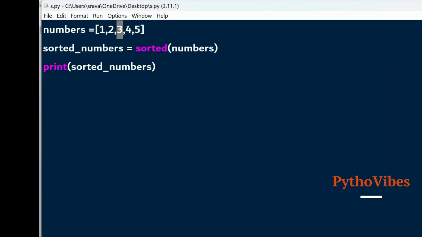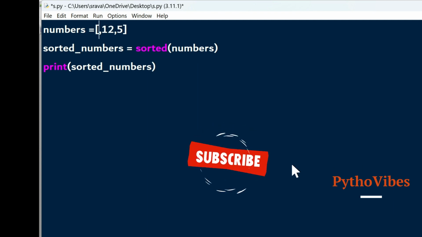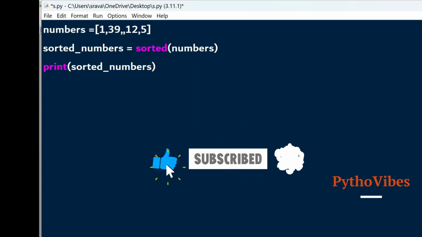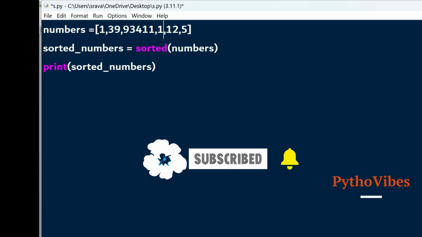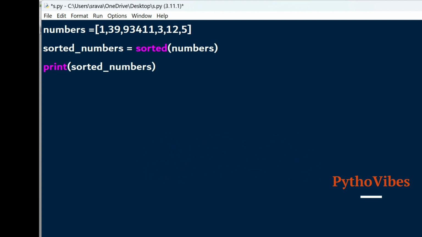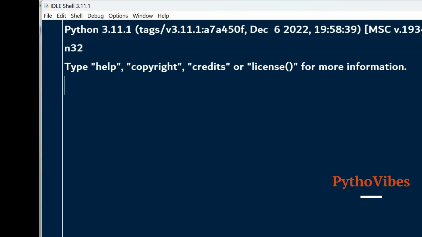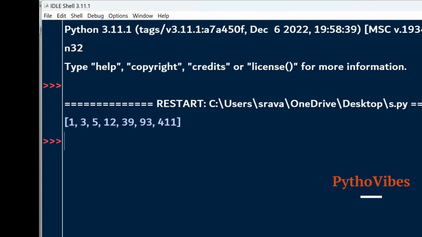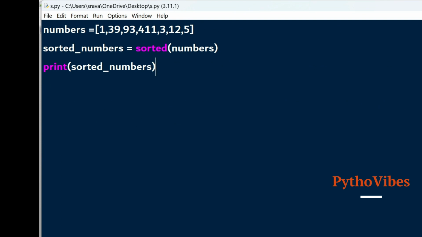Let me change this order so that we can see the difference. I'm giving some random numbers like this, and another number. I'm saving it and running this program. I can see the elements are being sorted. We also know that sorted will accept key as a parameter. So key equals to, if we know lambda functions, we can make it as,